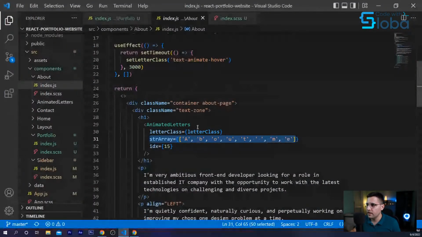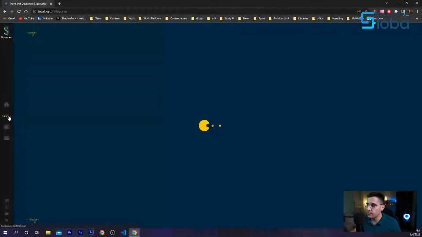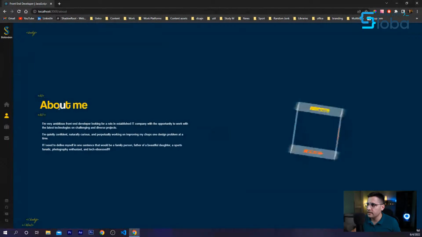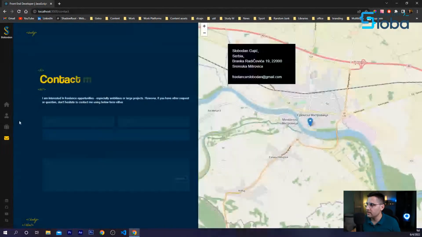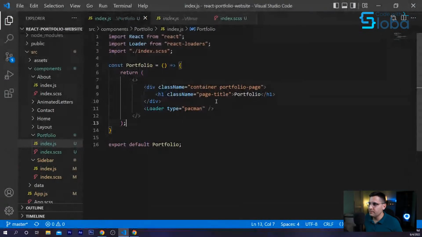And you can apply the classes, so you can apply later on hover effects. So if I go to, let's say, about page, you see about is animating, and you can hover over after that, and it gets this rubber effect. So that's the same thing which we have on every single page, and I want to have that on the portfolio section as well.